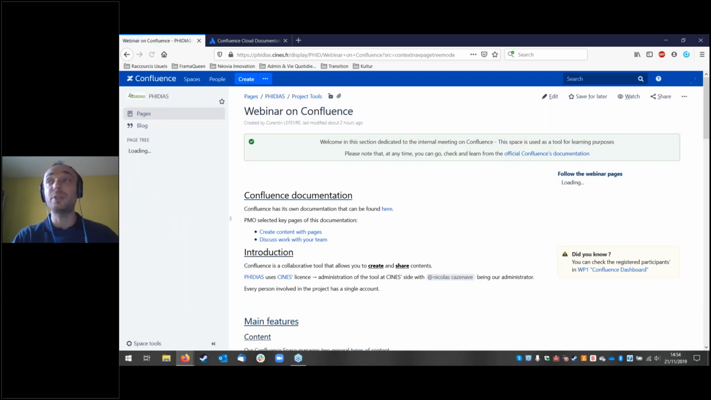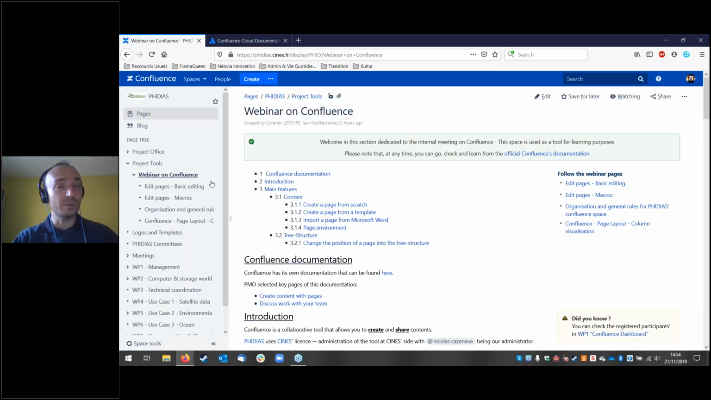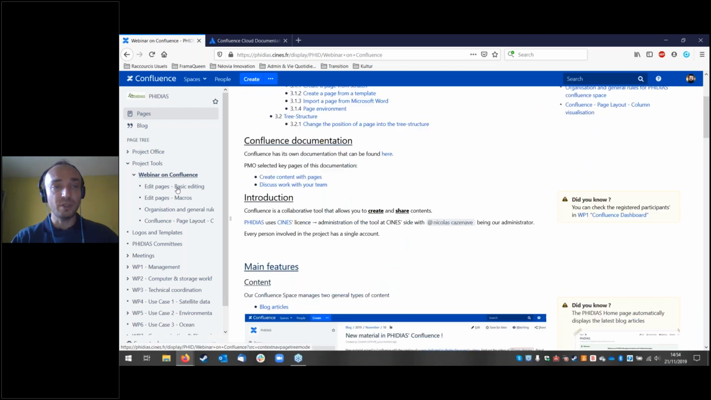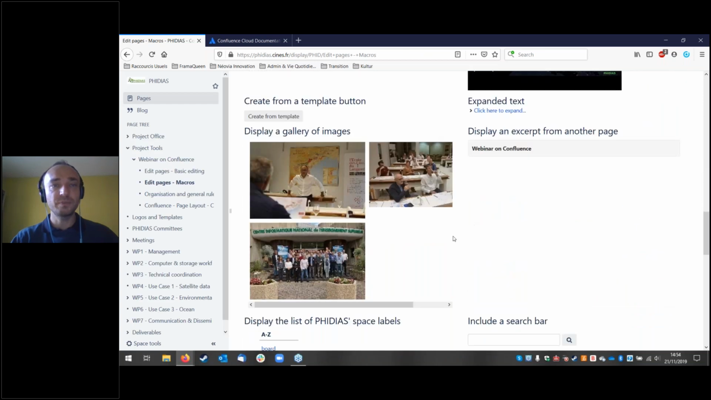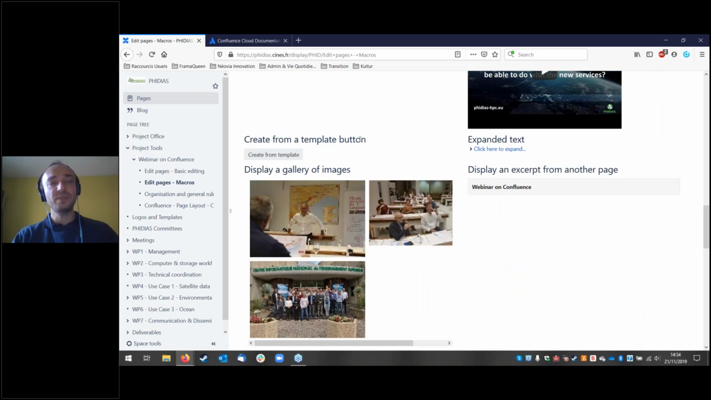This macro will mainly be used by WP7, but anyway, it can also be useful for the other ones. We have seen at the beginning that you can create a button, and when you click on it, you directly access the creation of a page